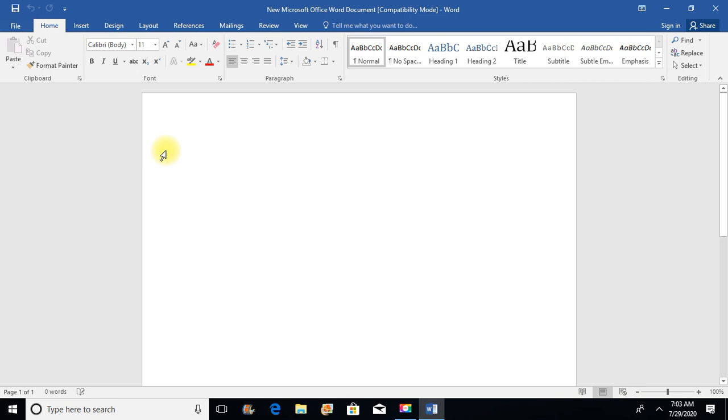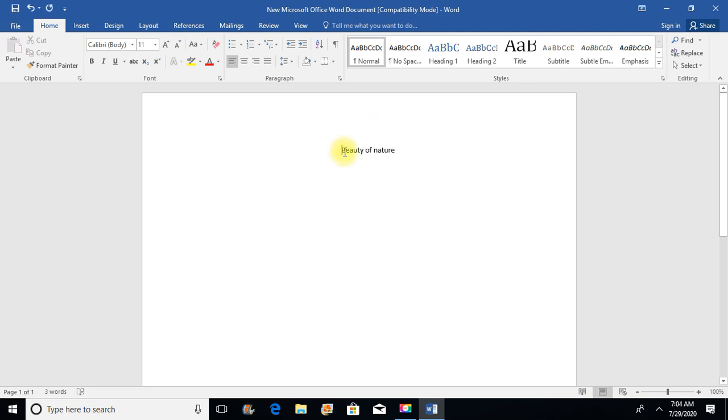The characteristics of specific size and design used for typing the text are called fonts. Microsoft Word provides various types of font options. When you open MS Word, by default it will show you the default font type, that is Calibri body, with a size of 11. You can see here. Now to change the font, we need to type something.